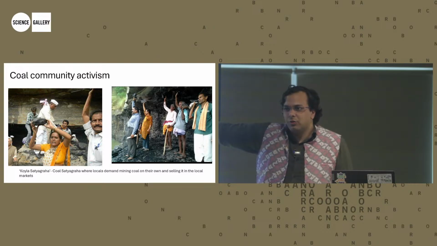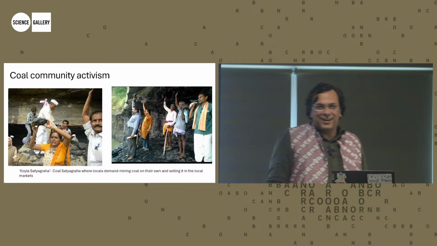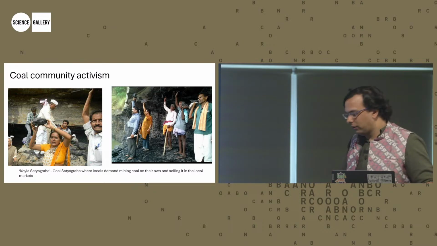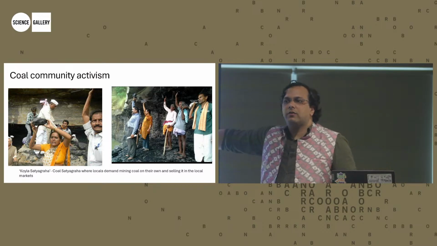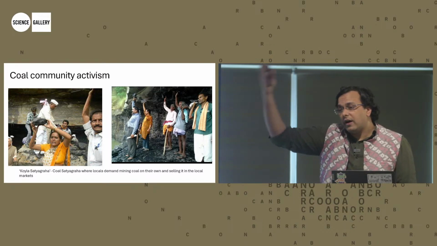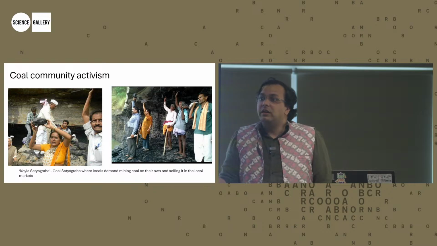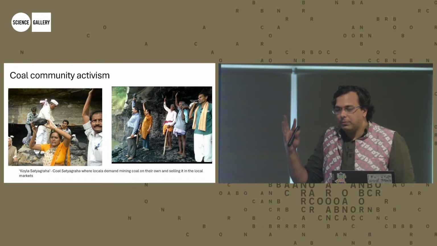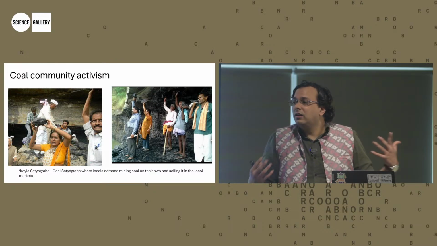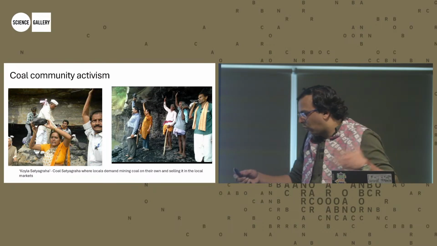I think the Indian security state and Indian coal companies have worked fairly well together to make sure that we have our ACs and we have 75% of our power and all of these kinds of things. But the point is this kind of stuff also does happen, right? And you only really understand it when you go out into the field. In fact, a very well-known anti-coal activist, Alok Shukla, just won the Green Nobel in I think the Philippines or somewhere, right? So these people are getting noticed well outside. Also, the Indian security state tends to file a lot of cases against them, right? So all of this is happening.